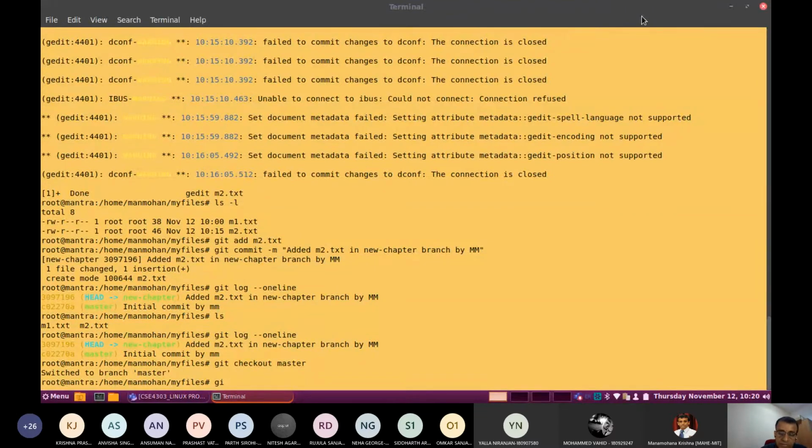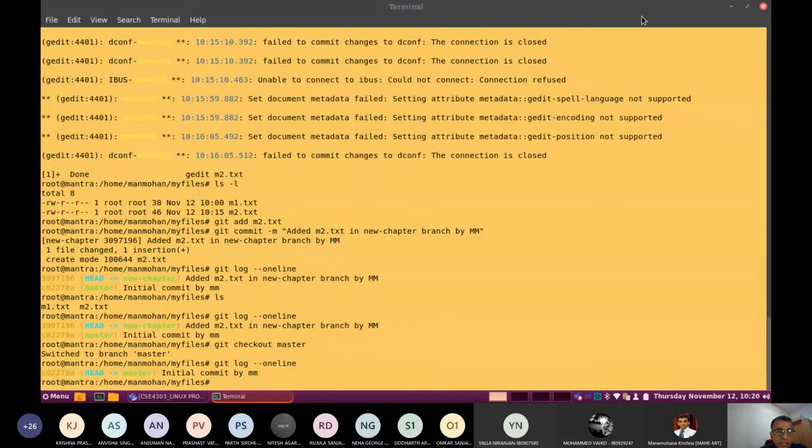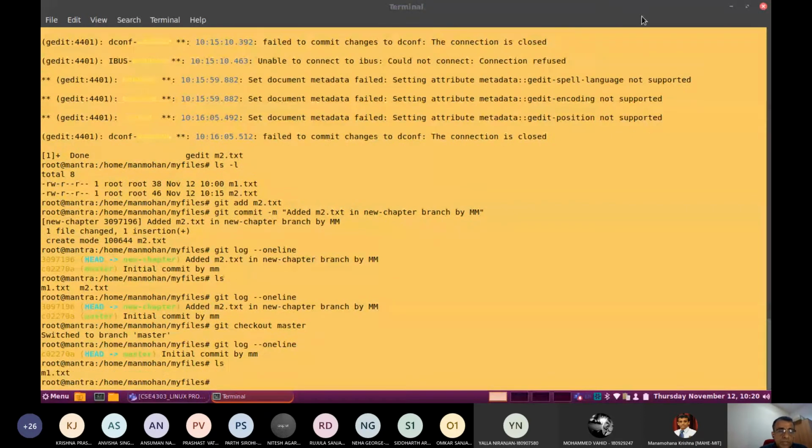Here also you can say git log --oneline. Now look into the content here. What is changing? In the master branch, I can see only m1.txt.